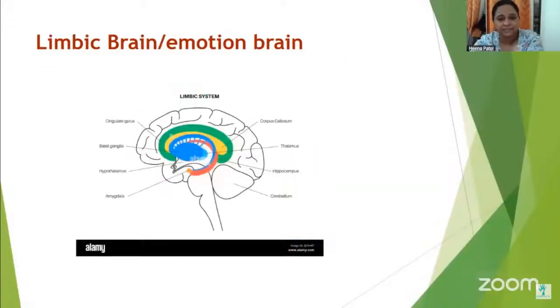And this is our limbic system. And this is about all our emotional parts, what we are feeling. We are angry, we are happy, we are afraid, whatever it is, everything is processed by this part of the brain. And according to it, we have chemicals that we call hormones that communicate in our brain areas, and accordingly we give our working response.